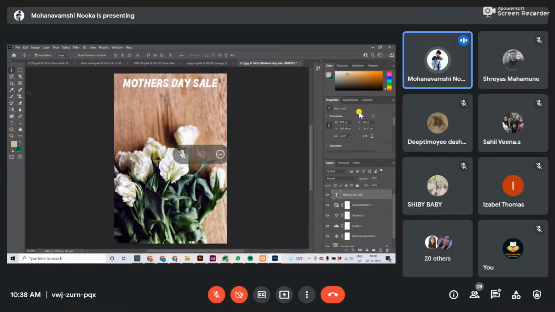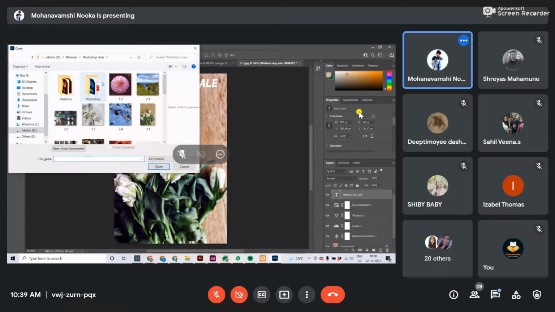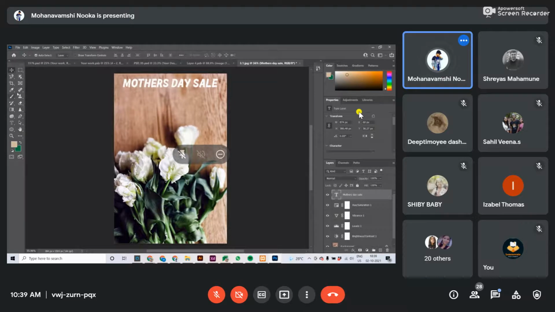Coming to how to add other images in this box and how to crop it. Control O. Let me show how to add directly. Just keep frames like this. Add 3 frames. Set your frames nicely. Select all. Check whether it is center aligned or not.